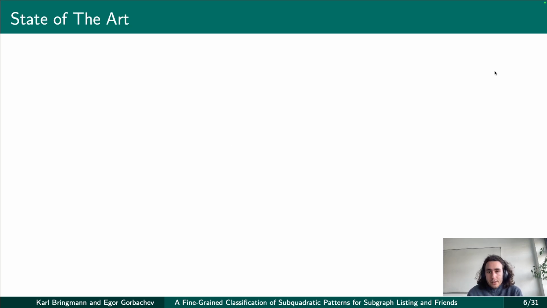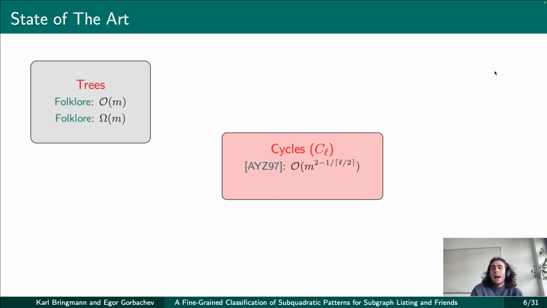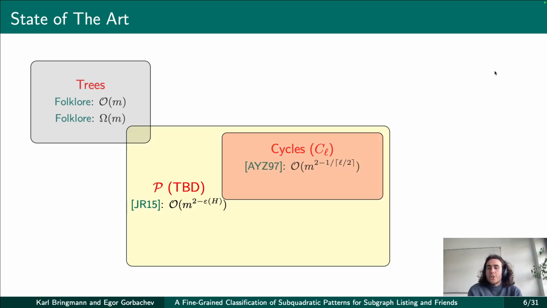There is some prior work in this direction. For example, it's known that if a pattern graph H is a tree, the problem can be solved in linear time. Alon, Yuster, and Zwick in 1997 used a high degree, low degree approach to give some subquadratic algorithms for cycles. Jin, Khanna, and Rao in 2015 showed that some larger family of patterns, which we will call calligraphic P, admits truly subquadratic algorithms. Though this family is not complete and the algorithms they present are not always optimal, just subquadratic,